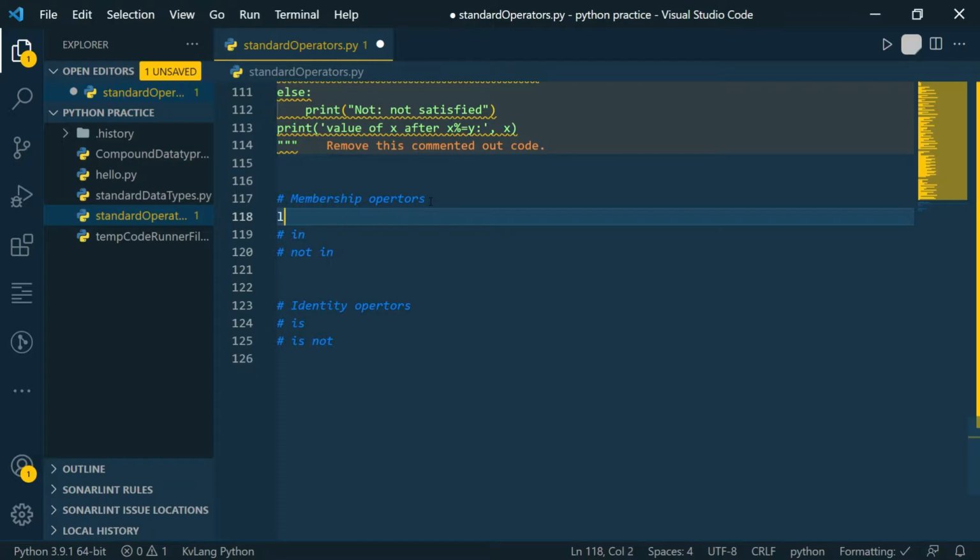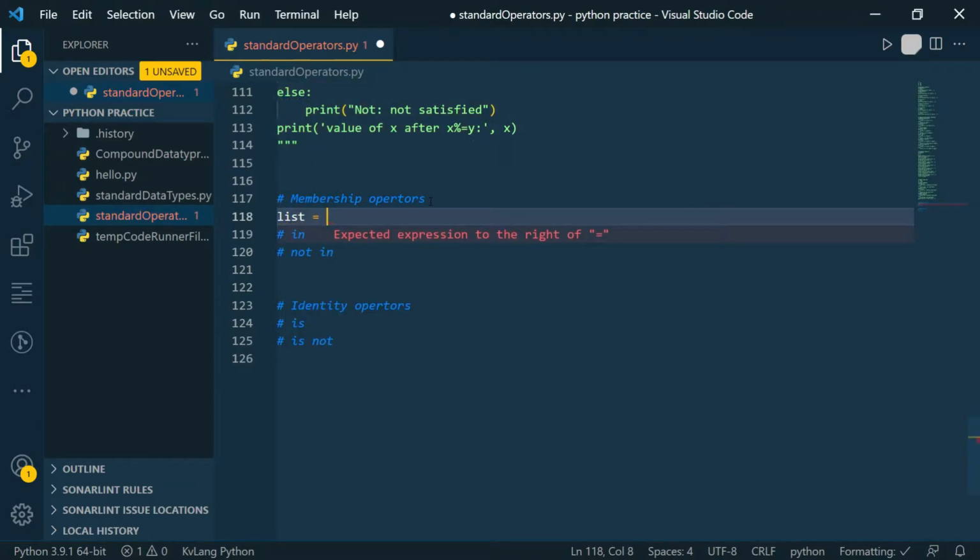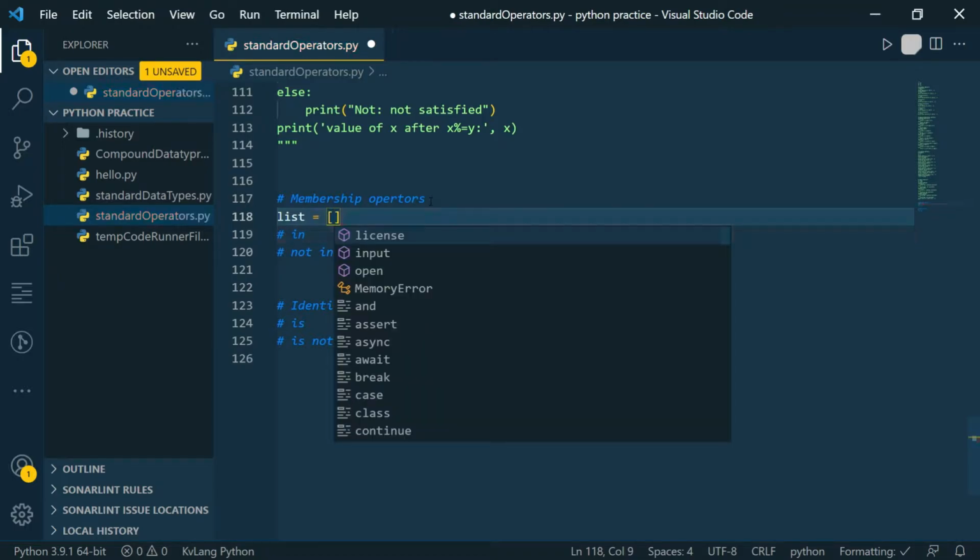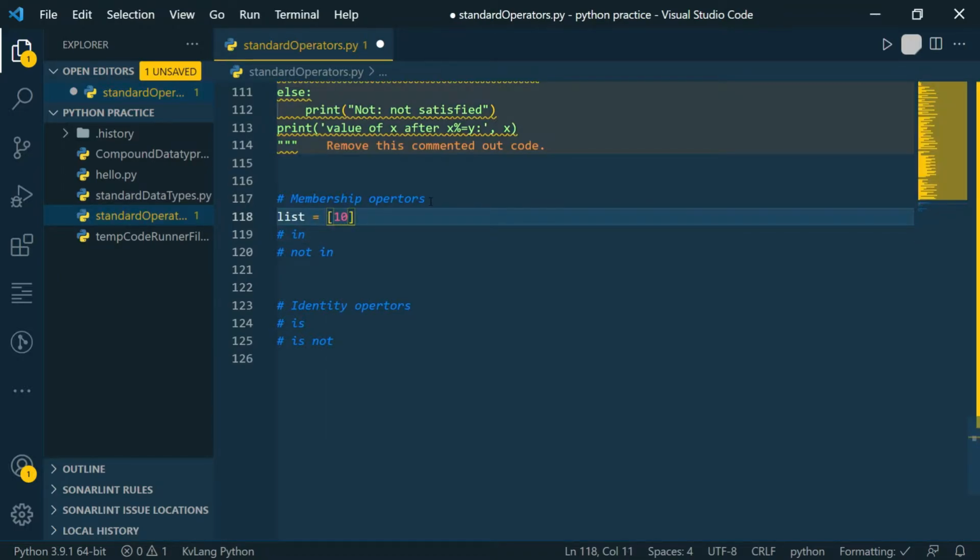So I'll create a list equal to 10, 20, 14, 50, okay. We have a sequence named list.